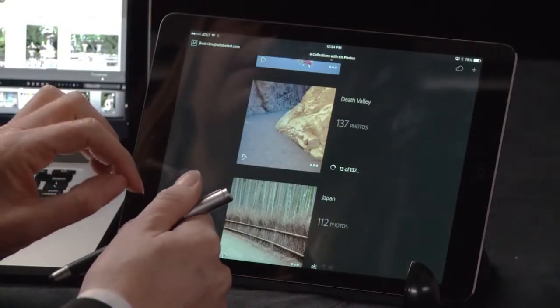Excellent. Now that we have set up Lightroom Mobile and selected the best images from the shoot, be sure to join me in part 2, where we'll take a look at the adjustments you can make to photographs.